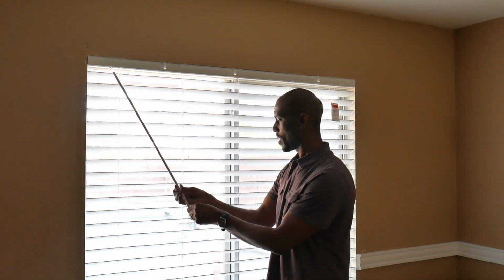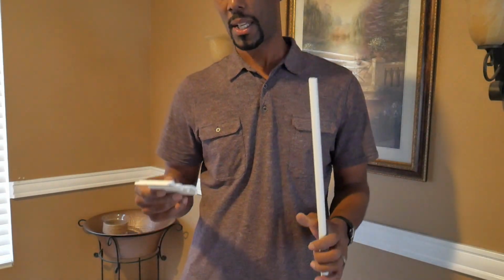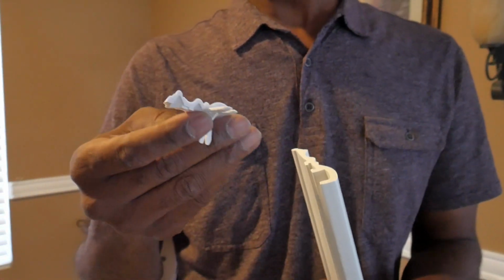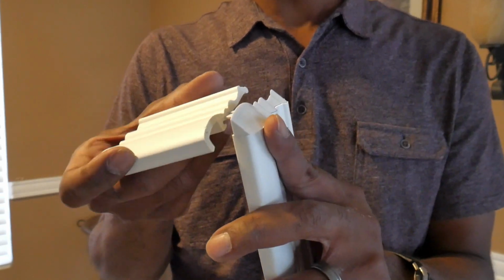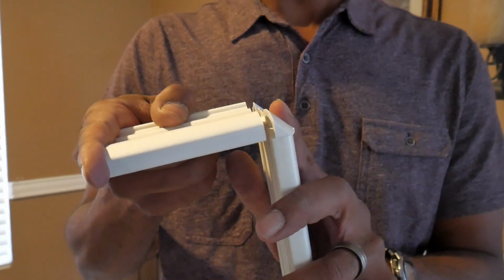Okay, so now let's put the front molding piece on, or balance. All we have to do is put up the balance. You have a balance return and you have a balance return clip. So you take your balance return clip and you slide it into the balance. Then you're going to take your balance return and you slide that into the clip. It's grooved, by the way. You slide it in,